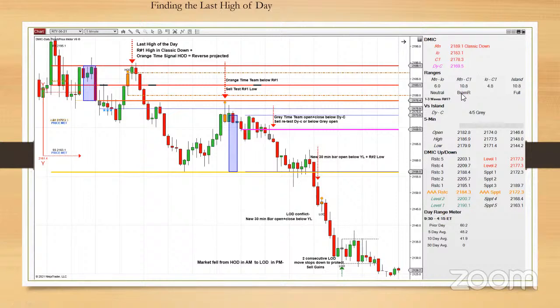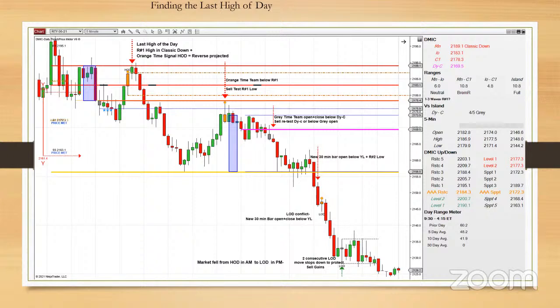The Brahma is indicating the possibility of a reverse first to test the upside of the market. The market rallied from the signal to the first orange time team bar, the HOD signal, which is a higher day sell reverse signal. The high of rectangle 1 is the MN code line, and the HOD signal is within a point or two of this. Consequently, a time momentum signal is tied to the classic down indicator, and a price is tied to the classic down indicator at MN. The key choice on how to trade this structure is placing an MIT sell order at the MN price using the MN line as a defensible position,